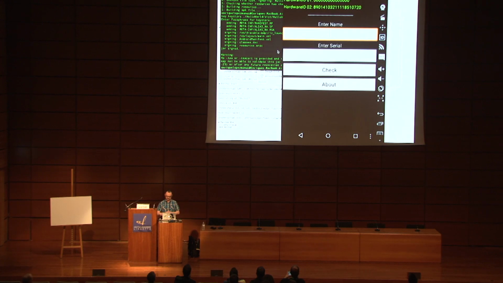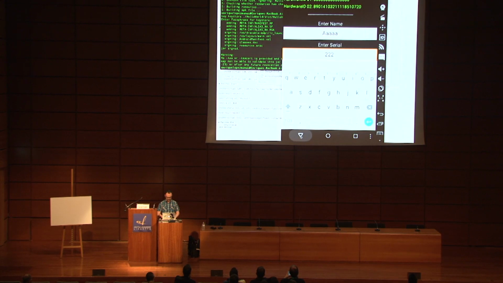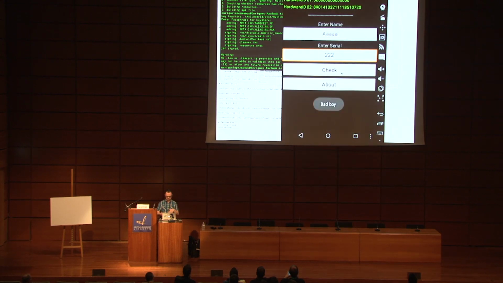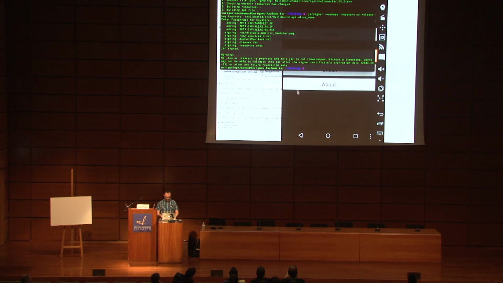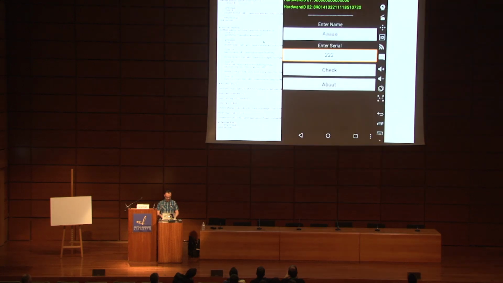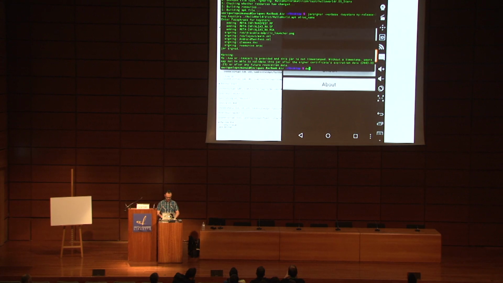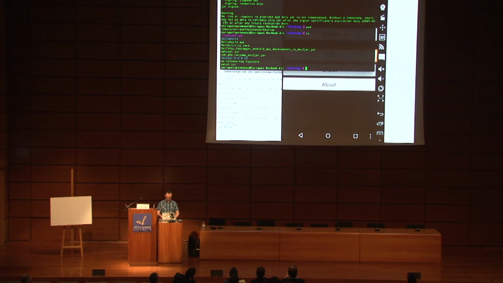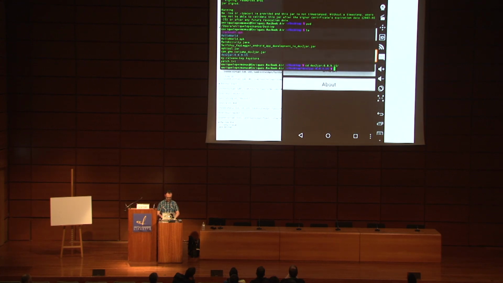I'm going to use a similar technique. So here we have to enter a name, we have to enter a serial number. If the serial number is not working, we get a toast that says bad boy. If the serial number is working, the application will allow us to use it for free, even if it's a crackme. And now let's use a different tool. This time I will use a tool called dex2jar, which should be here. So dex2jar basically takes an